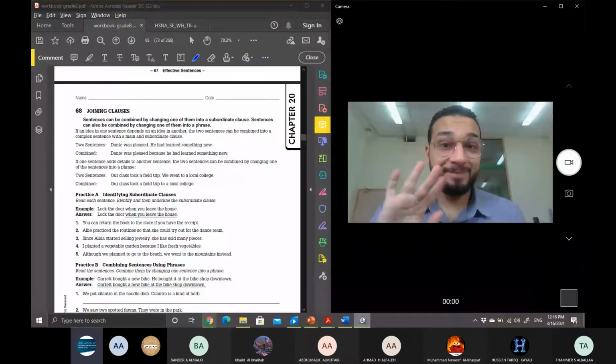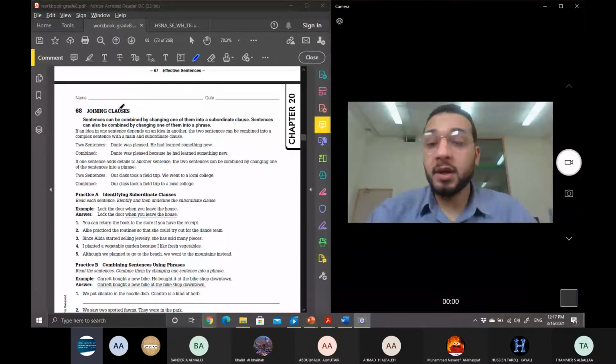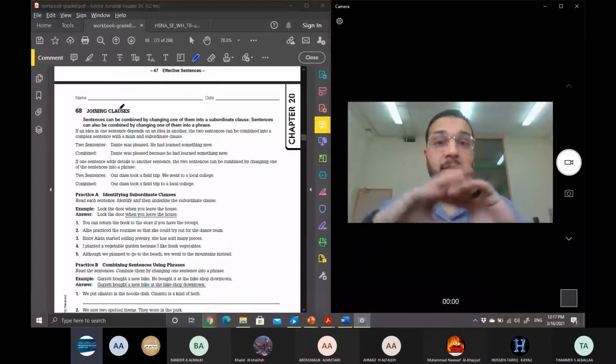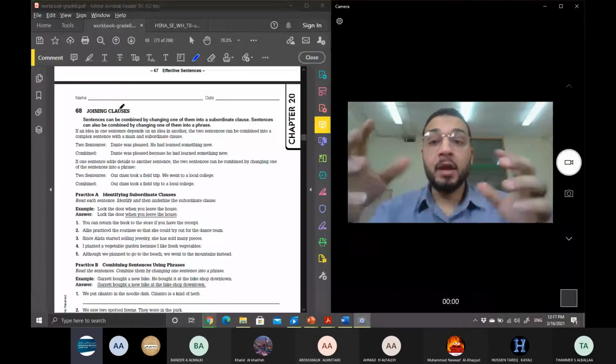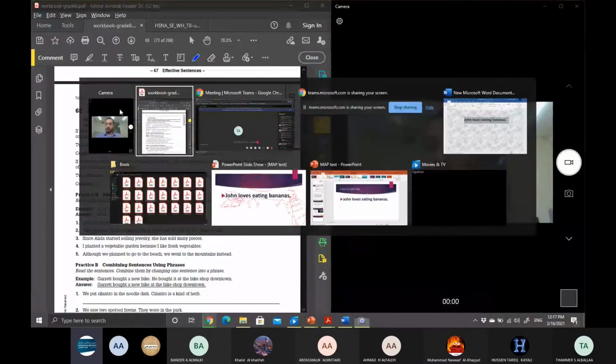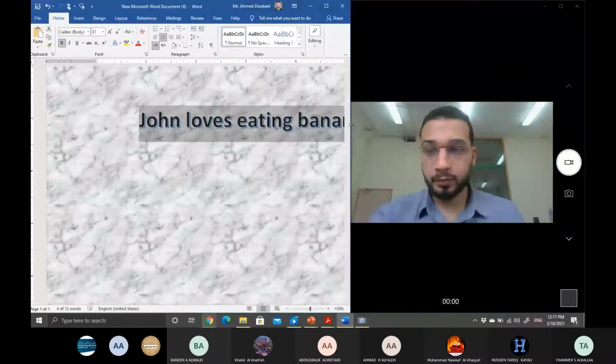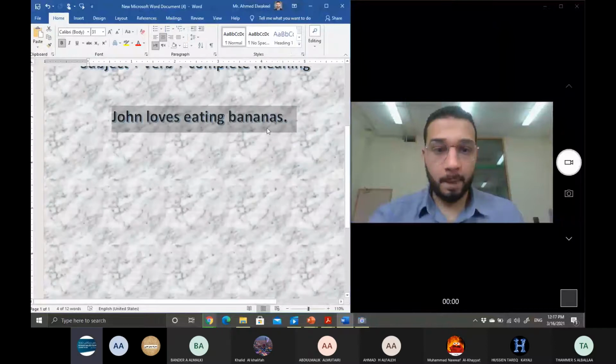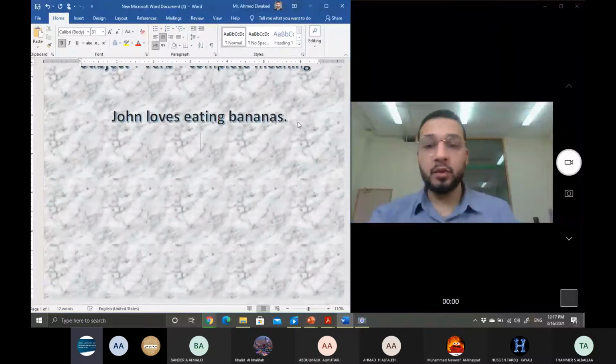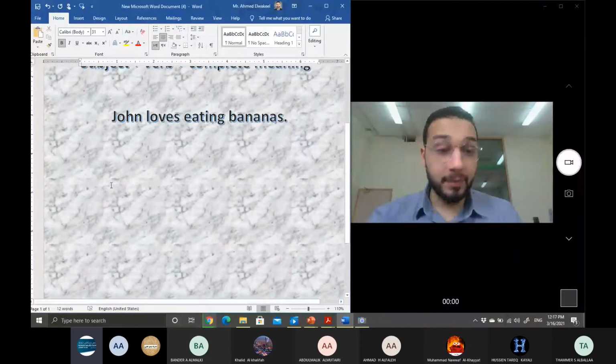Okay, so we have already started speaking about joining clauses and how you can make the parts of the sentence compound together. We have spoken in the first session about, for example, this one. One colleague gave us that example. We said that we can now have either a simple subject like John, or we can say John and